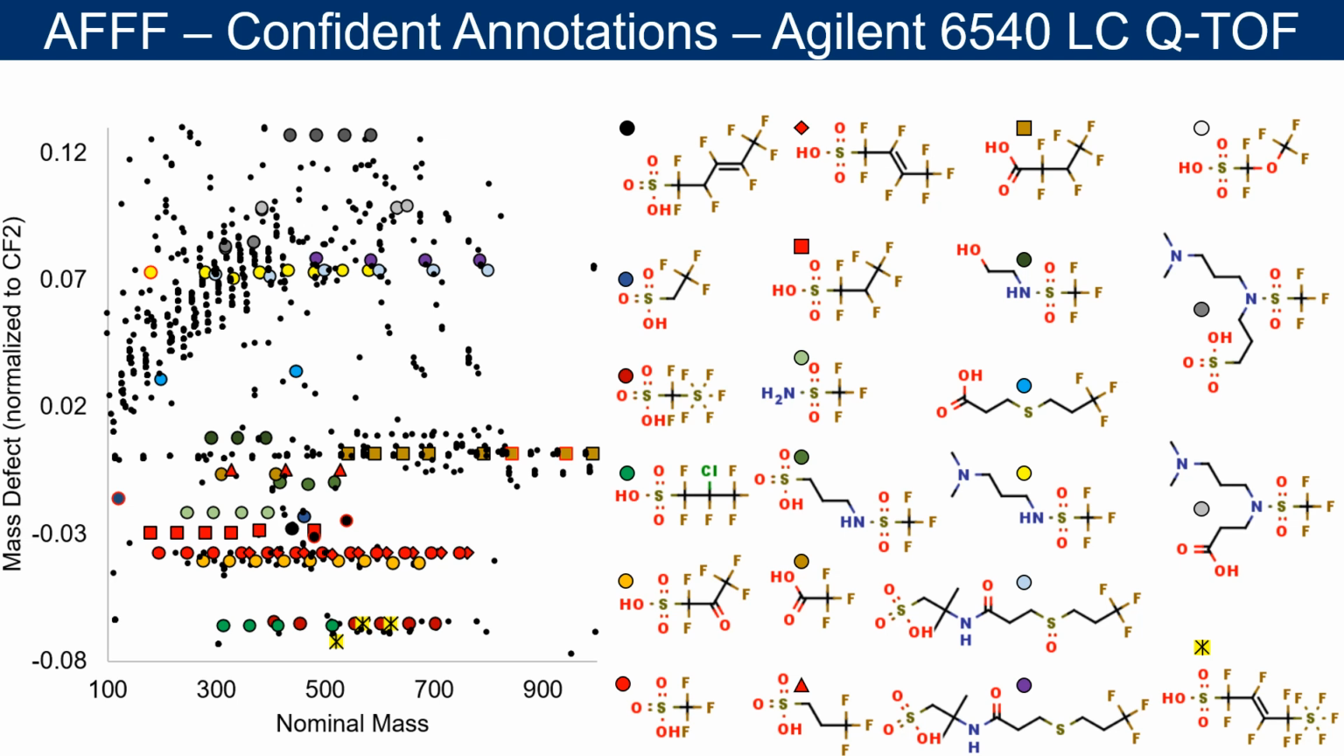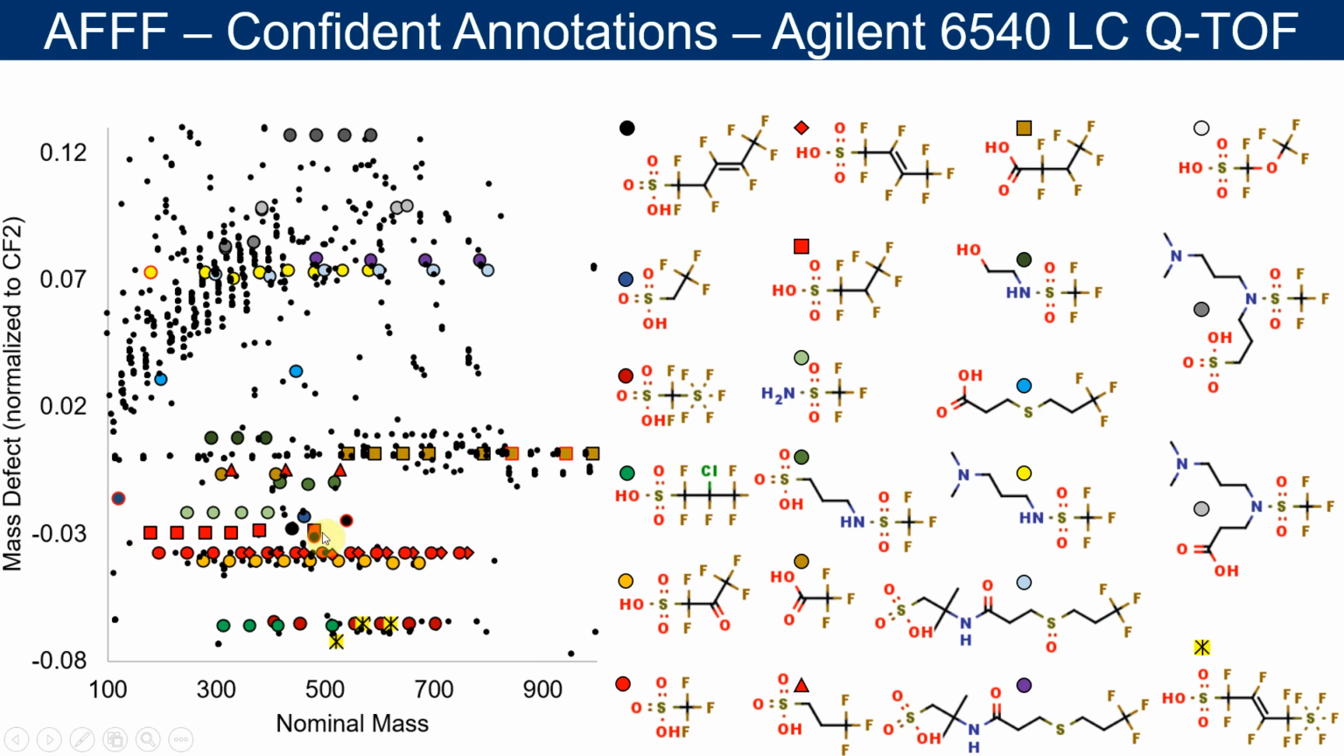So for example, they may have a sulfonic acid, and then you would call them C2 if they had 2 carbons with 4 or 5 fluorines on the chain. C4 would be 4 CF2 units, C5, etc. And if we plot them by nominal mass and mass defect, except now we normalize this mass defect to CF2, then any members of a homologous series will form a straight horizontal line and have the same mass